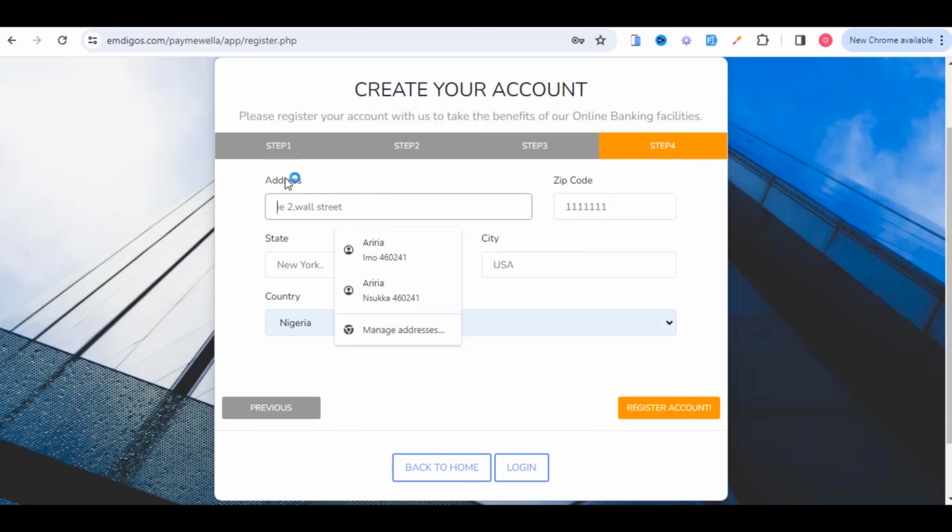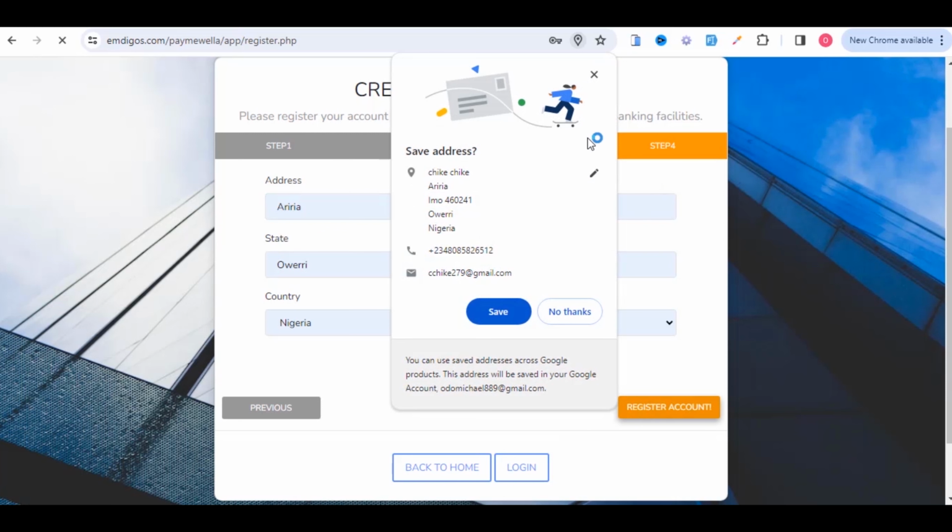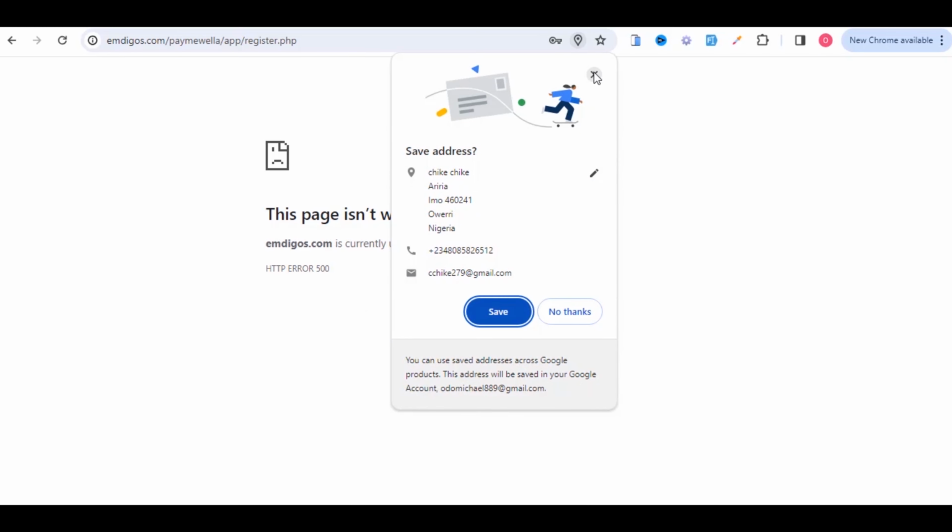Then you can actually put a street. Just go with area, email, where it can just be anything. So Nigeria, you can put your zip code, it can be anything. So once you are done registering,